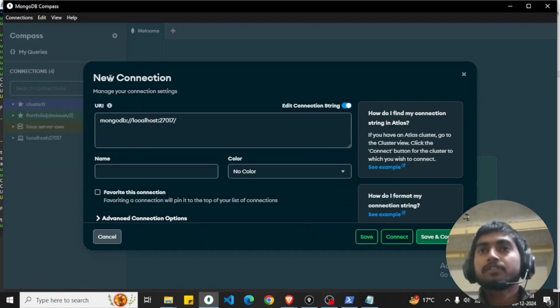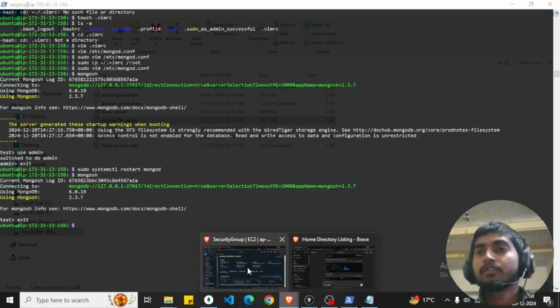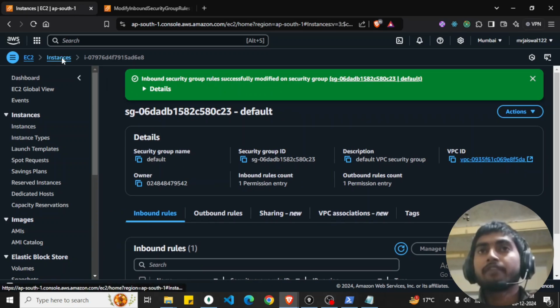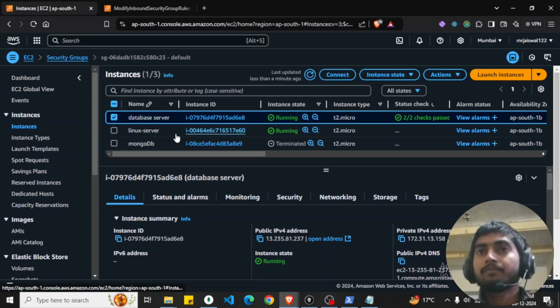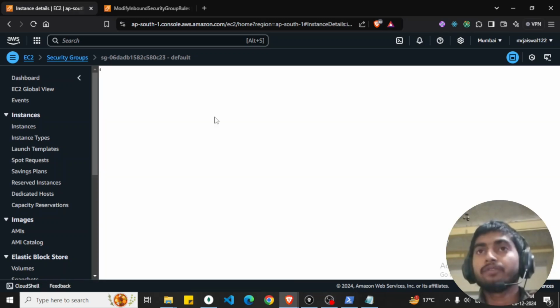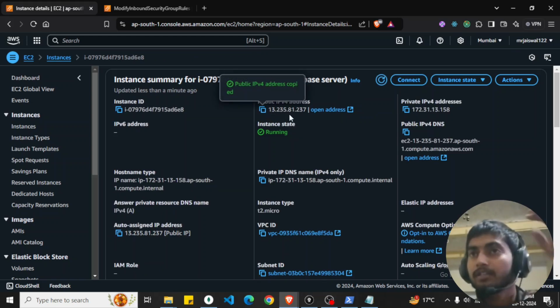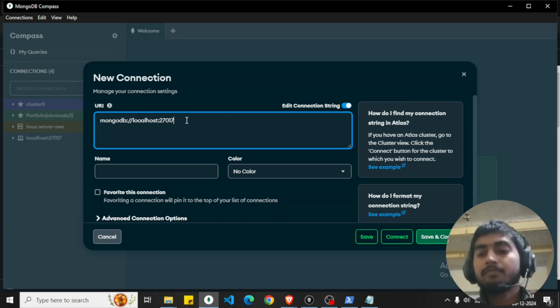So you can click on this icon and just minimize this for now, because we will need one thing. We will go here and we will see where our instances are. We will click on the instances. We will select our instance which we are running now. Yeah, Linux server, not this one, database server. So we will click on it and we will have a public IP. See, this public address is what we needed. Just copy this, come back to the Compass, and here say,